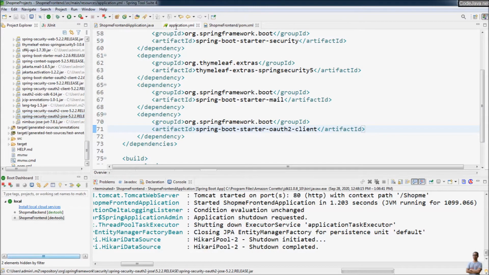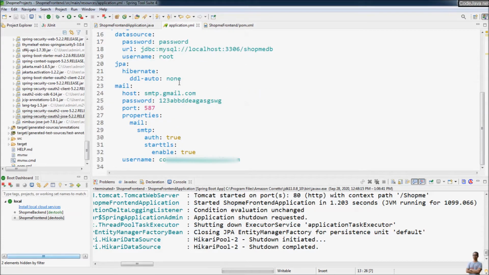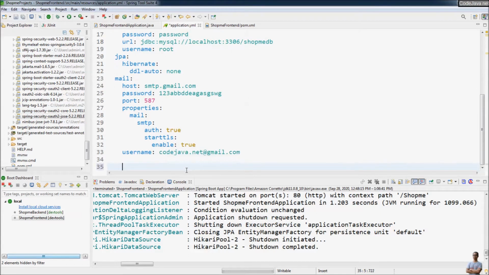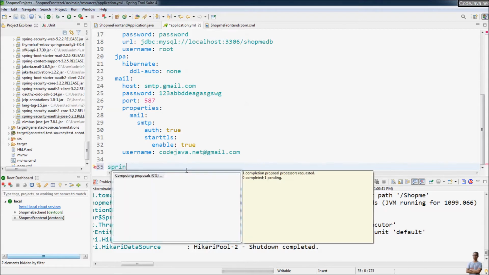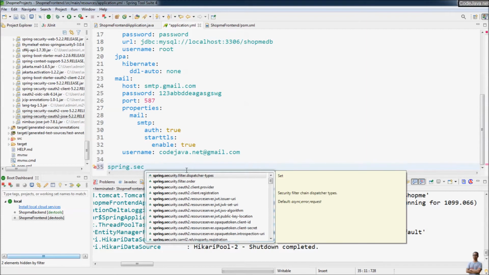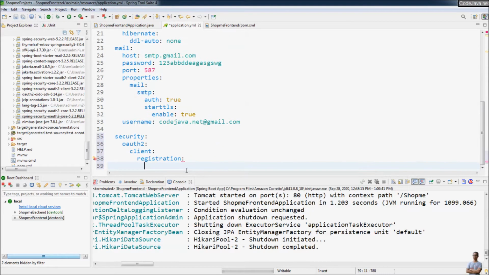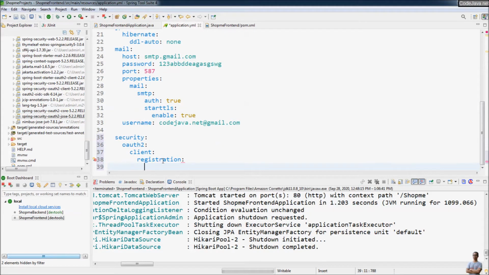And then we need to configure Spring Boot application configuration file here to specify Spring Security OAuth2 client properties for social login. So type spring.security.oauth2.client.registration here, and we specify the registration ID is facebook here,